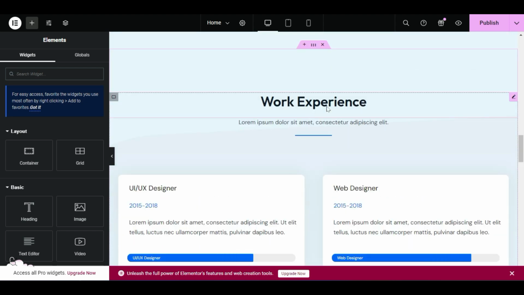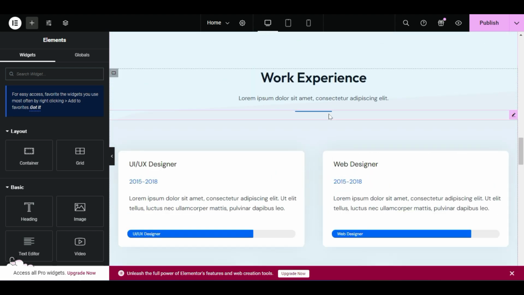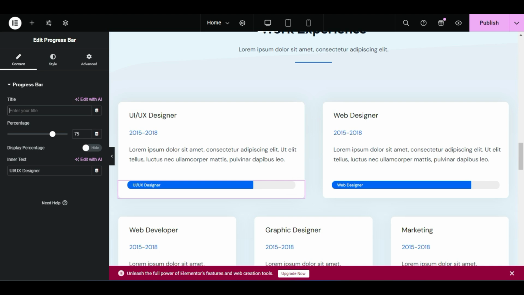Downside, we have a work experience. Work experience you can also change directly from here with Elementor. Okay, you want to change the progress bar here. Bring your mouse to the progress bar, double click, and you can even give the title and choose the percentage, like that, 100% like that. Okay, you want to display percentage, enable this one,